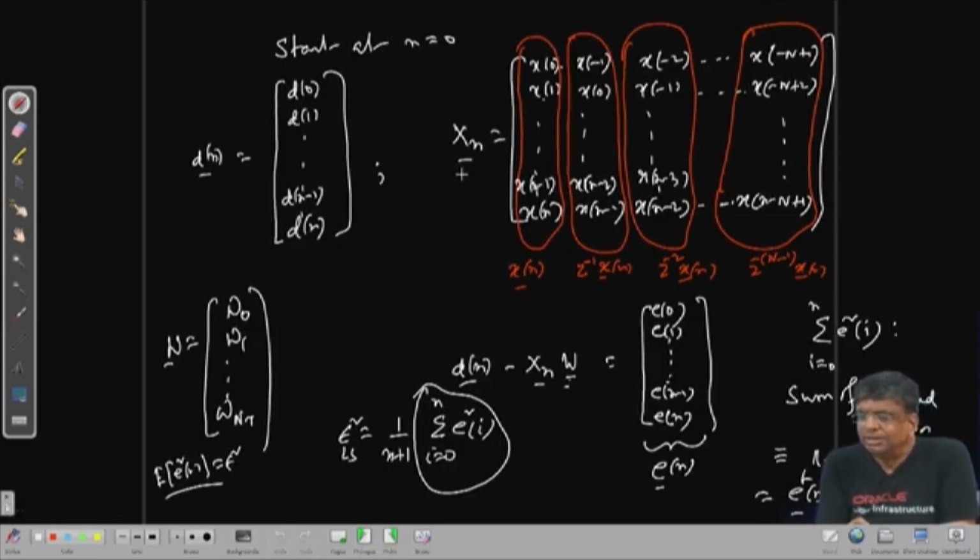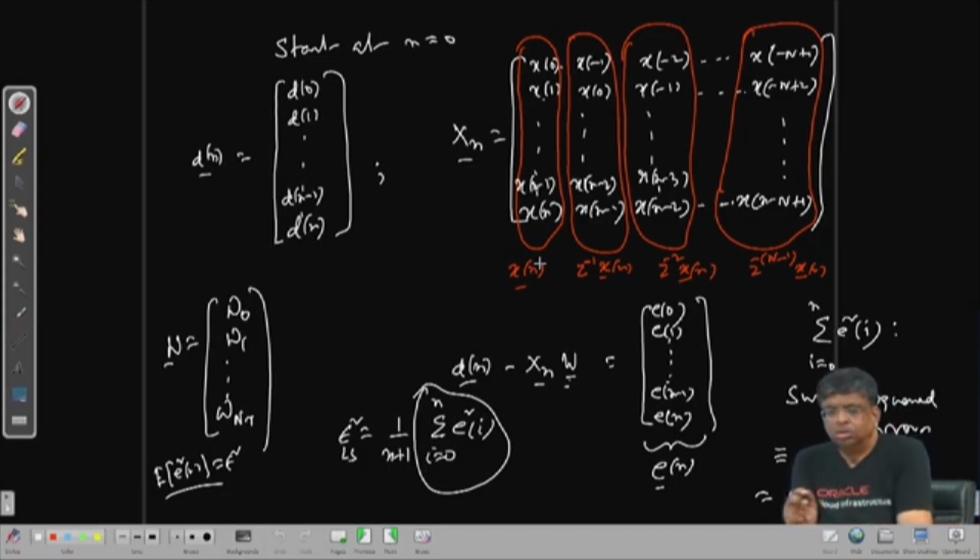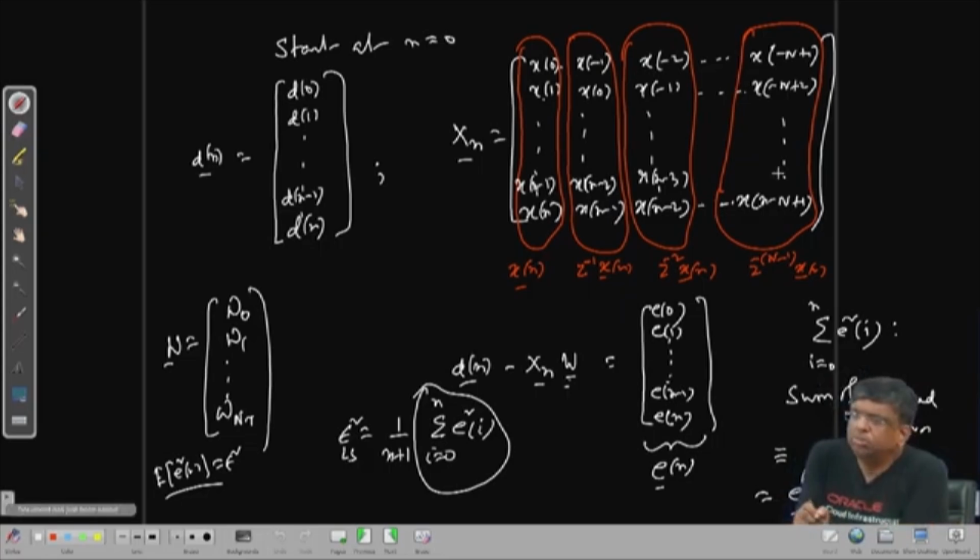So, this is Xn. There are how many columns? Capital N number of columns. Okay, there are capital N number of columns, and the number of rows is small n plus 1. Assume the number of rows is much more than the number of columns. Now, these columns we can assume to be linearly independent easily, because they are randomly generated data. There is no linear relation involving the columns. Okay. So, as such we have seen Xn transpose Xn